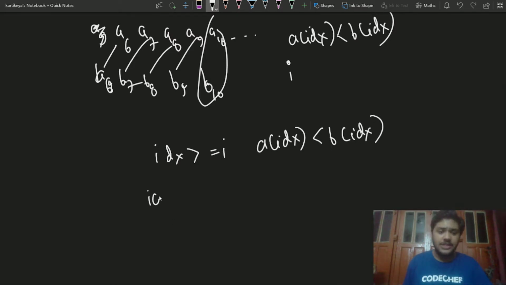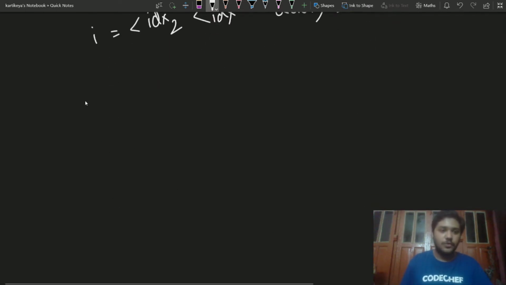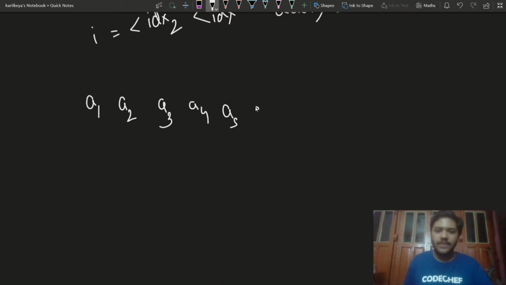For every index idx2 greater than or equal to I and less than idx, A of idx should be equal to B of idx. Okay, so let's work on a few more things. If this is the string A4, A5 and A6, okay, and this is our string,